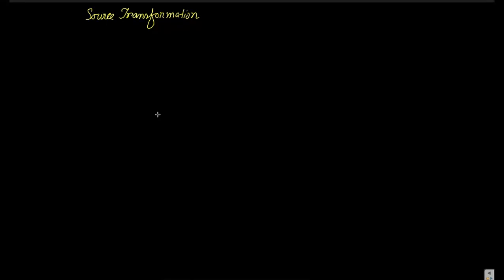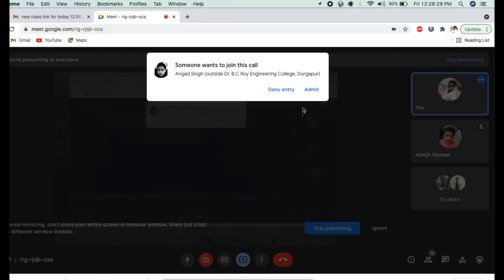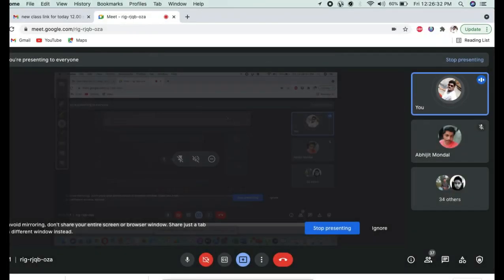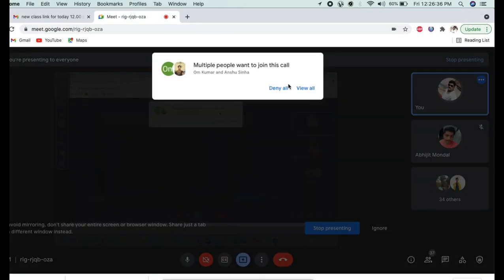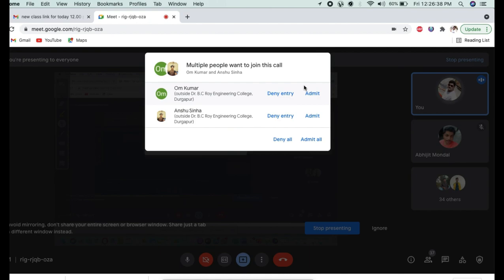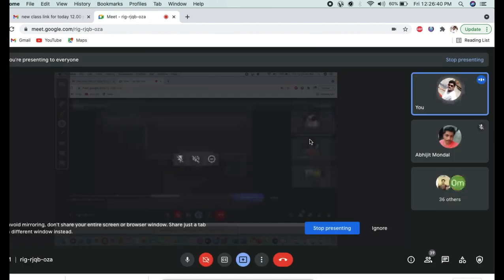So what is the statement we use for source transformation? That is, what is source transformation? We can convert a voltage source into its equivalent current source, or a current source into its equivalent voltage source. So what is the need of source transformation? If we have a circuit which has various types of sources and the circuit is complicated, then by using the source transformation method, we can easily simplify the circuit.